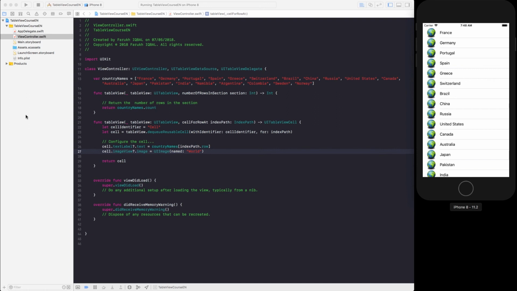Earlier, we selected to use the basic cell style for the table view cell. This type of cell style already comes with a default area for displaying images or thumbnails. This line of code instructs UITableView to load the image and display it in the image view of the table cell here. Okay, so right now our app is displaying the image in each row. Okay,